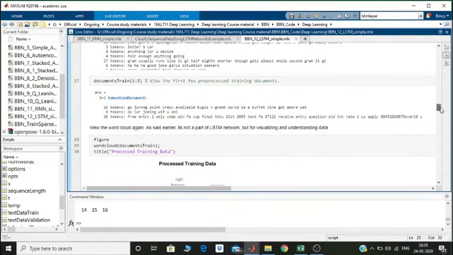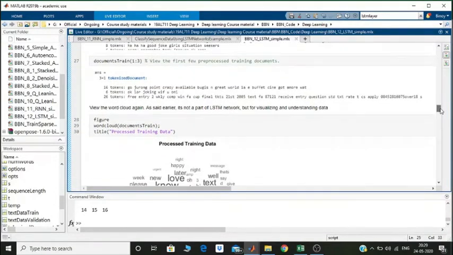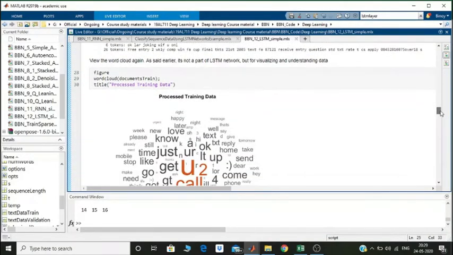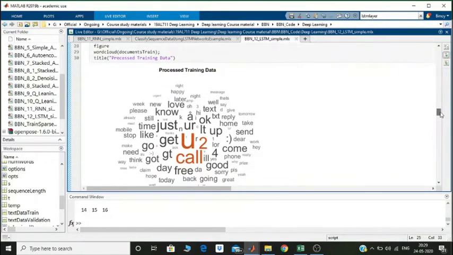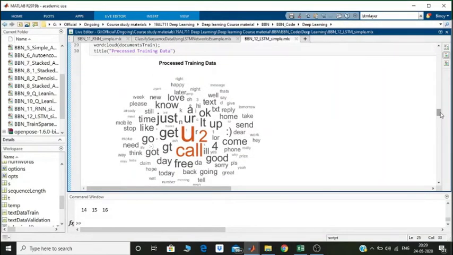And then after doing all the pre-processing, we look at the word cloud again using the word cloud function, and you can see now you see something slightly different. It's something which kind of makes a little more sense. Almost all of them are quite useful and make a little bit of sense. So all the things which are like articles, prepositions, all those things are now gone. You have only the things which convey proper meaning.